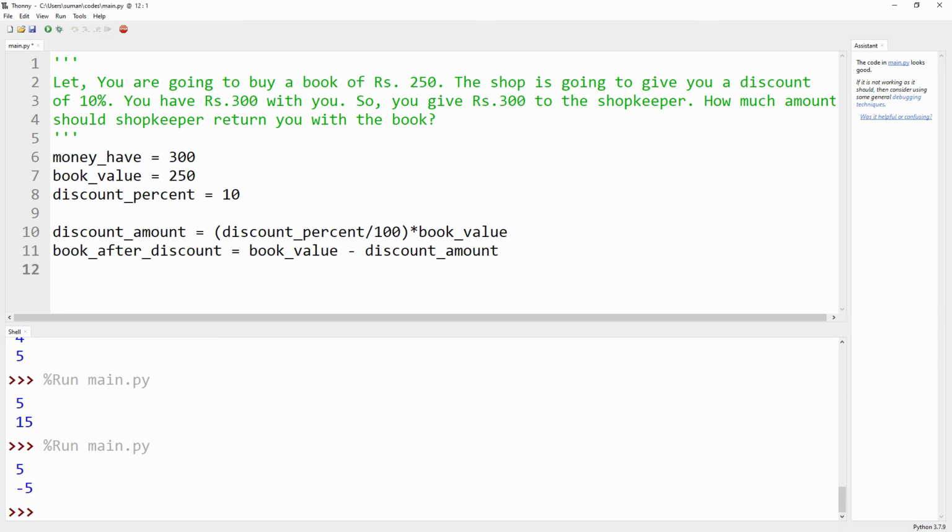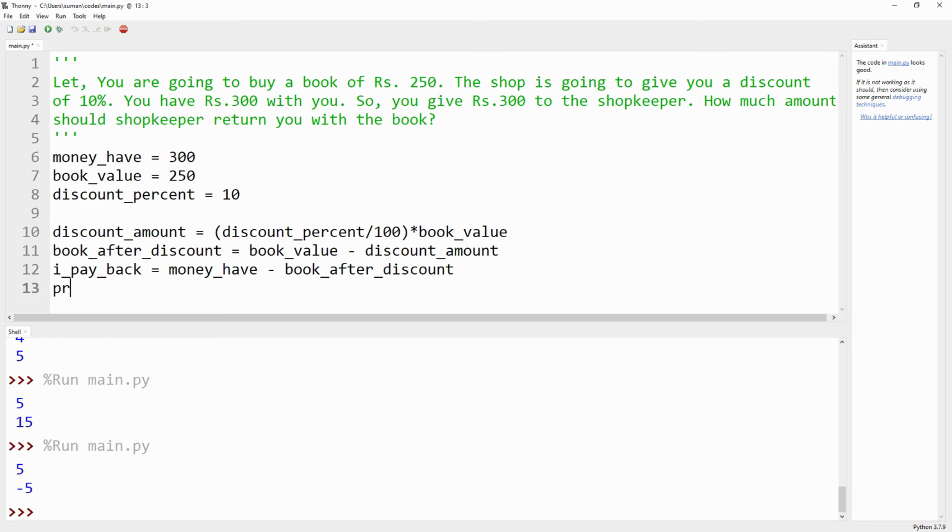So I pay back is equal to the money I have minus the book after discount.